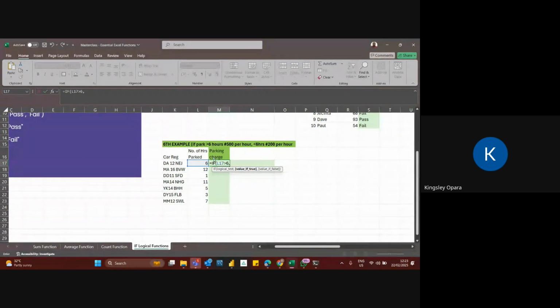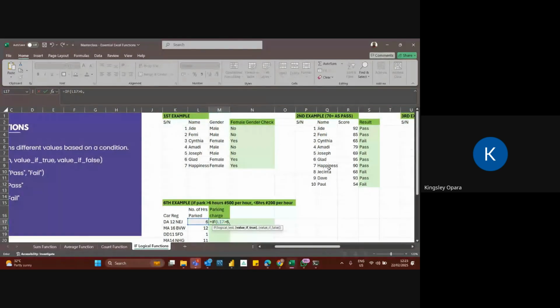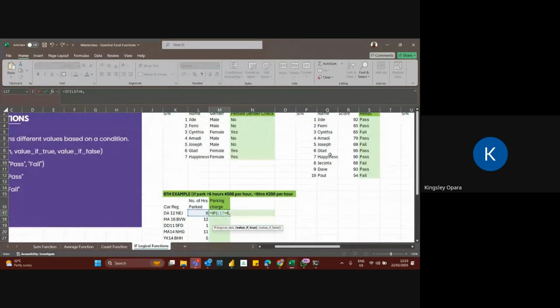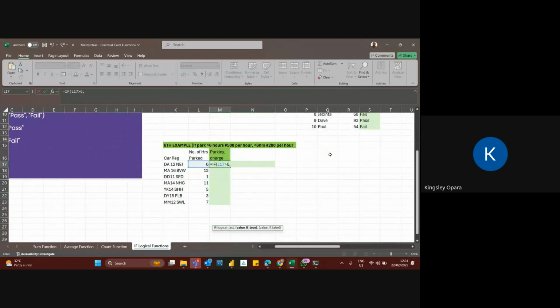Remember, that is why I told you that is different from what we did here. When we were doing 70 as a pass mark for students, I was saying 70 and above. So that was what I was saying, greater than or equal to 70. In this case, 6 hours. If you bill somebody who parked for 6 hours 500 naira, the person will fight you because he's seeing it clearly on the signboard there that above 6 hours, greater than 6 hours, is 500 naira per hour, and he's checking his time because he doesn't want to be billed at the rate of 500.